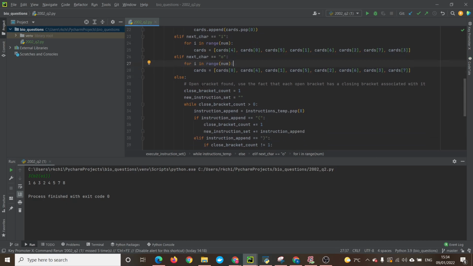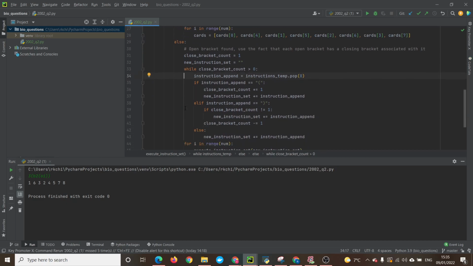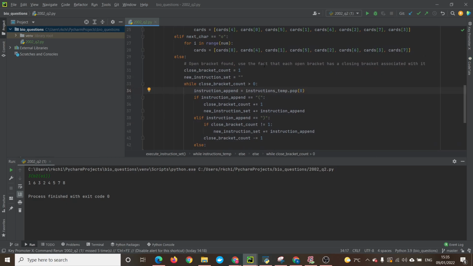Else, we found an open bracket. So you can use the fact that each open bracket has a closing bracket associated with it. I mean, that makes sense intuitively. If you have your instruction and there's no end to the bracket, the instruction hasn't ended, right? So if we find an open bracket, we use the fact that the open bracket has a closing bracket associated with it. We define closed bracket count to be 1. This counts how many more closing brackets need to be found. And we have our new instruction set here. And we say while closed bracket count is greater than 0,